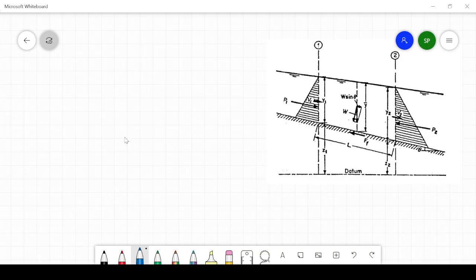So from this figure, what do you mean by Newton's second law of motion? Force in flow direction is equal to the rate of change of momentum, isn't it? Suppose this is the river, this is the water surface and water is flowing in this direction. Force in this direction is equal to the momentum, that is your Newton's second law. So what are the forces in the flow direction? Here P1